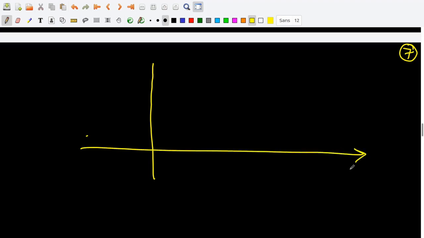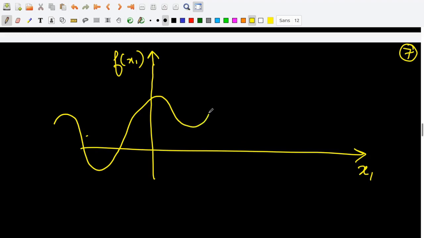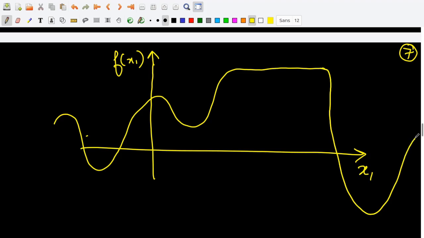So imagine again a function in one variable, just x1, and this vertical axis is plotting the values of the function f(x1), and suppose my function has a shape like this. Some flat region, and then some steep falls. So suppose we'll look at a few points of interest. So let us look at the point here,